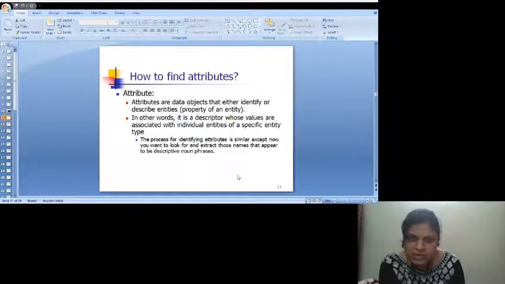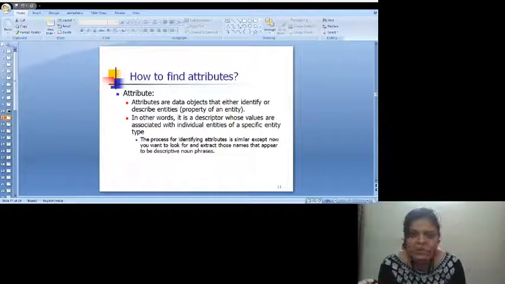What are attributes? When I say entities are something about which you can store information, attributes are descriptors of that entity. That means the information you store is attributes. If an employee is an entity, you can say employee name, date of birth, date of joining, salary are the attributes. They are describing the employee. The things which describe the entity are called attributes. It is also called a property of an entity, a characteristic of an entity, which tells something about the entity. That is an attribute. It is a descriptor.